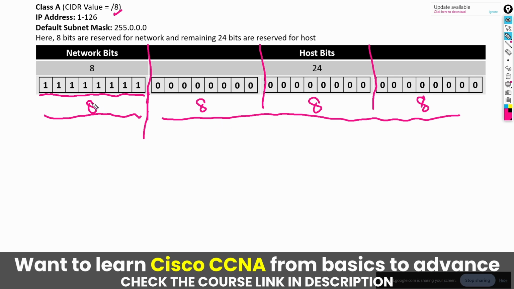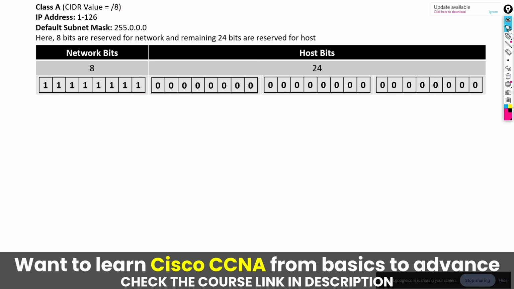Whenever there is a default subnet mask, it means there will be only one network. Getting my point? By default, 8 bits are reserved for the network, and /8 means there will be only one network. Okay. Now next is